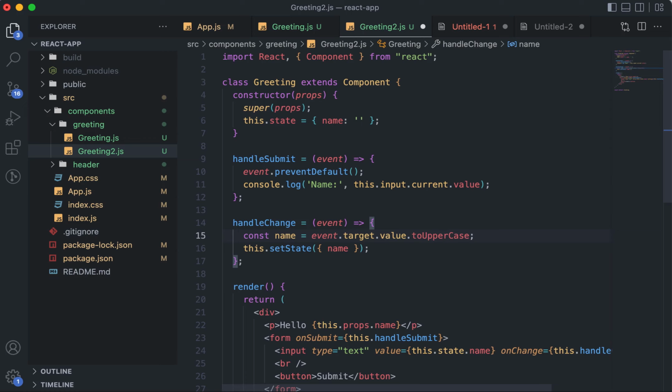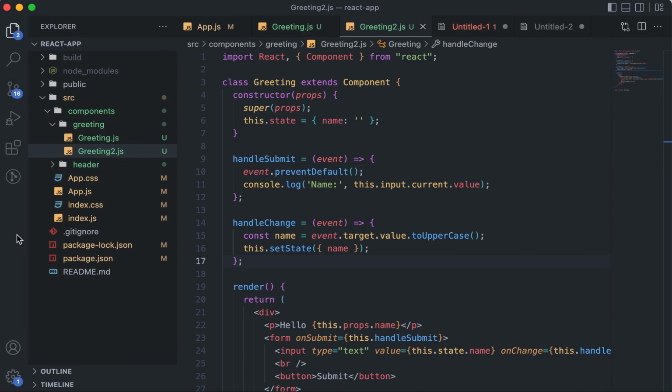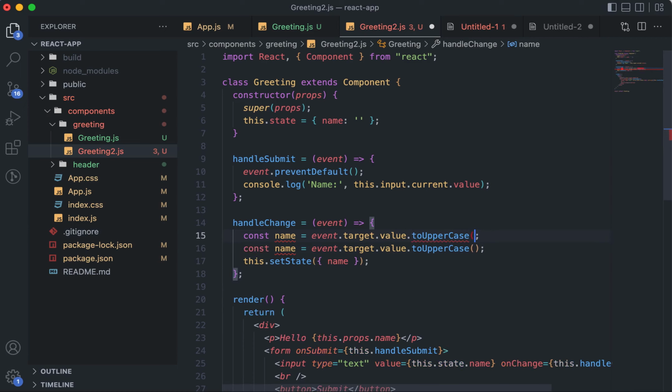Then if I call this function, whatever is the value will be converted to uppercase and then assigned to setState, which means that even if I am writing small asd, what is being written is capital ASD. Okay, so you can clearly see that